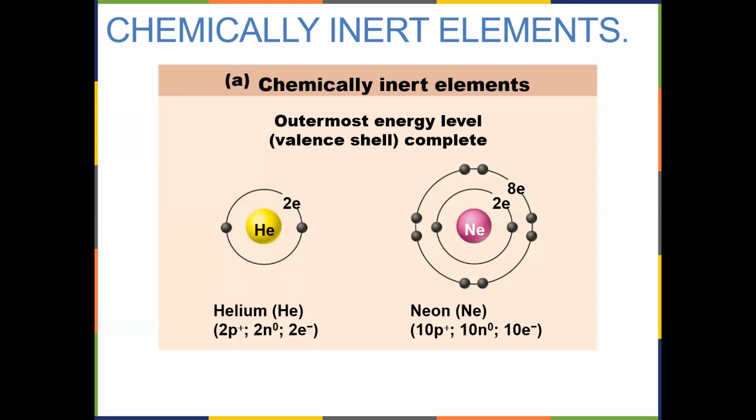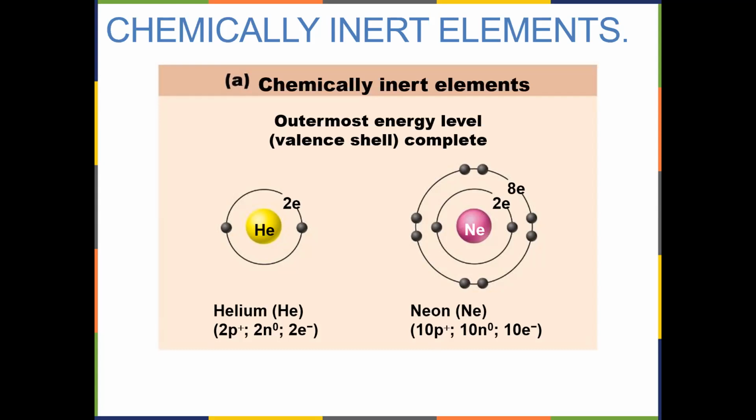Neon, next to it there, has atomic number 10, 10 protons, 10 electrons. It has 2 in its first orbit, or shell. It has 8 in its second shell, or second orbit, whatever. It can only hold 8 in its second shell. It is stable. If it had feelings, it would be fat, dumb, and happy, as they say, because it has all of its spaces filled up. There is no room for any more electrons.